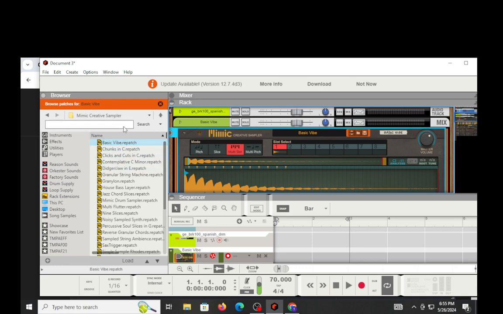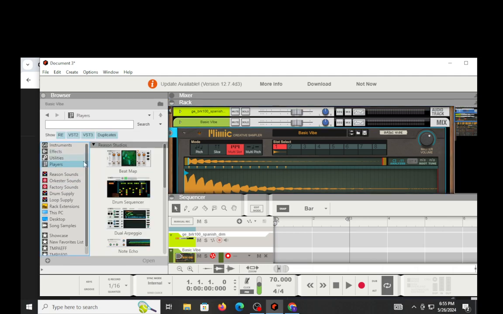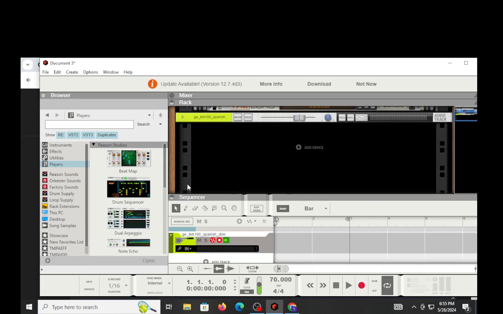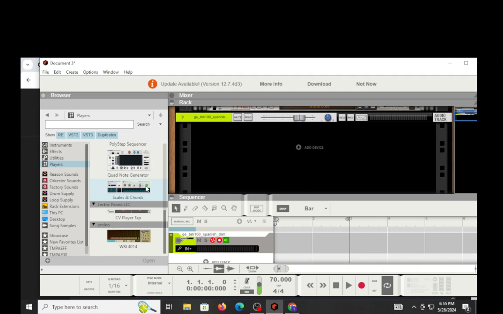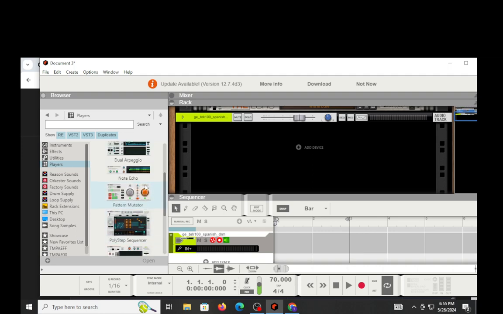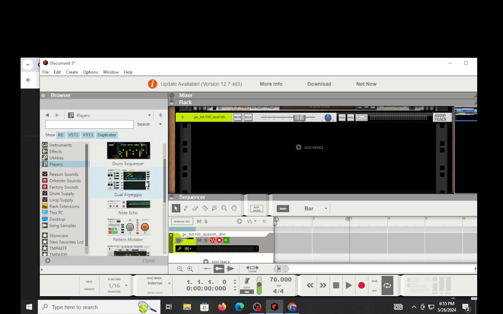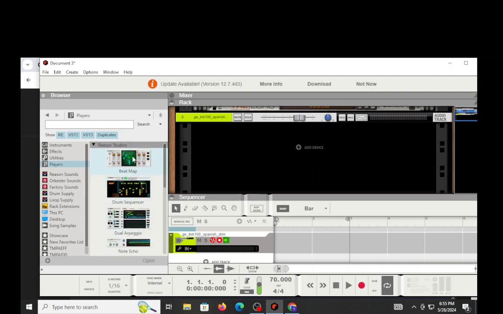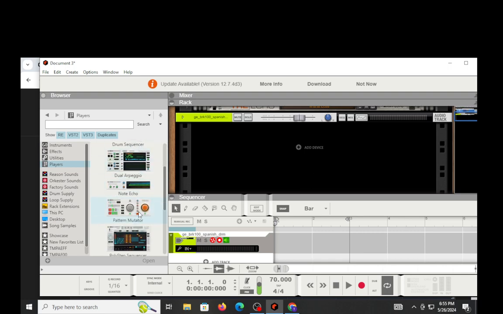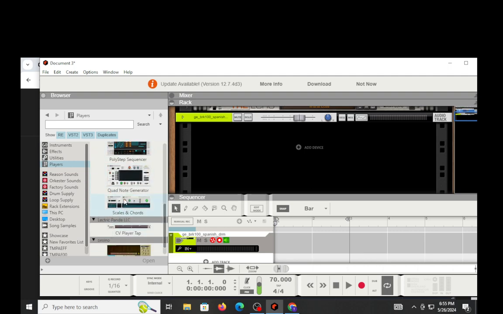Moving forward. All right, the last big feature, not big, but kind of big, that I think would help Reason, is the use of your MIDI generating plugins. Now, again, Reason meets this need very well, in my opinion, with tools like Beatmap, the drum sequencer, the arpeggiator, the pattern mutator, No Echo, the dual arpeggio. All of these things are great. Scales and chords, they are great and they are